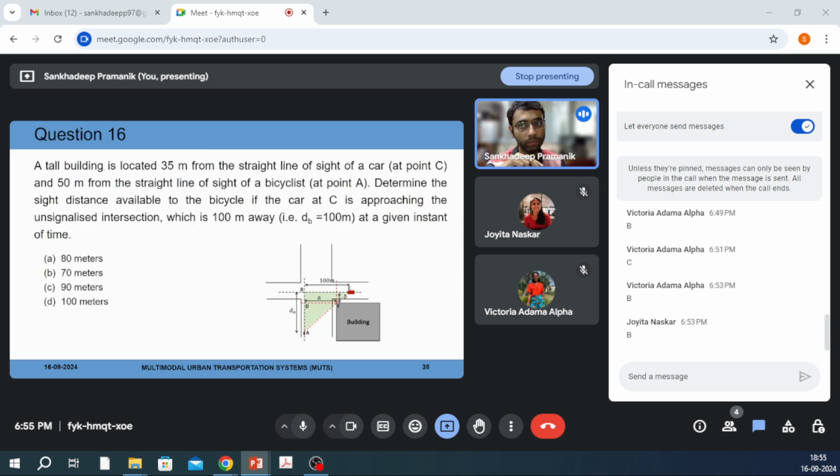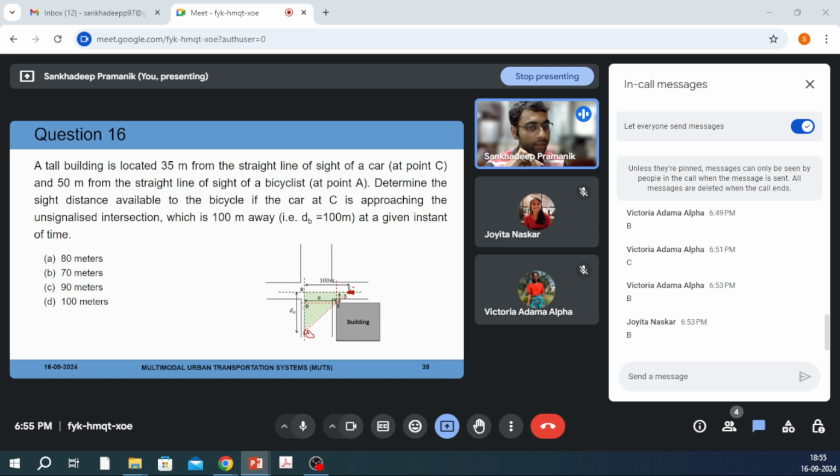Next is, a tall building is located 35 meters from the straight line of a car at point C. This one. And 50 meters from the straight line of sight of a bicycle at point A. So bicycle is here at point A and the car is at point C. Now determine the side distance available to the bicycle if the car at C is approaching the unsignalized intersection, which is 100 meters away. So the car is 100 meters away from the intersection